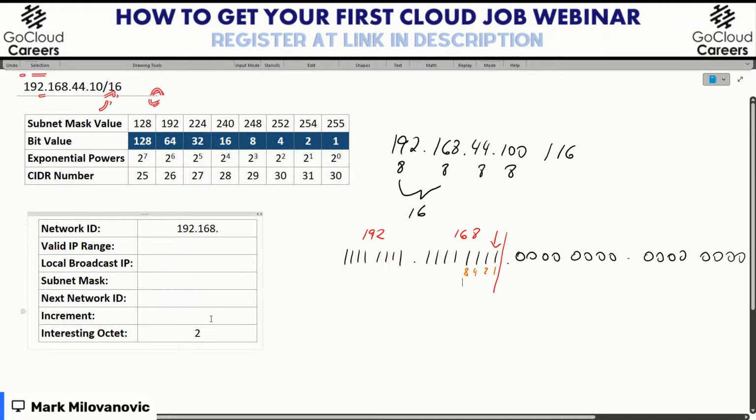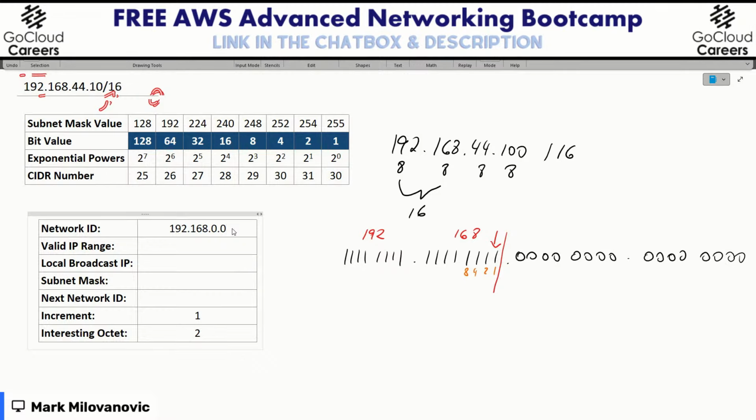Yep, that's it. So now I add it. I now figured out this portion, which tells me that my network actually begins with 192.168.0.0. And this is now where you're going to accelerate. If this is my first network,